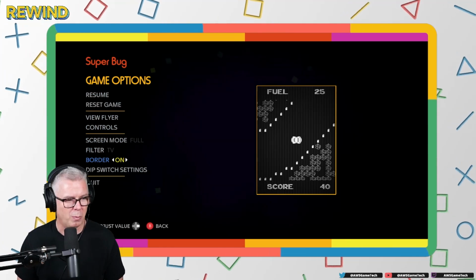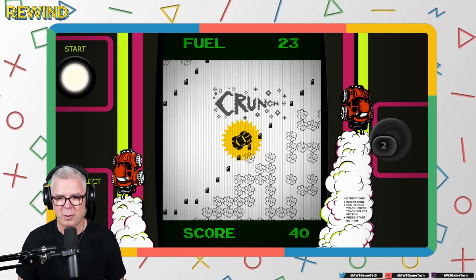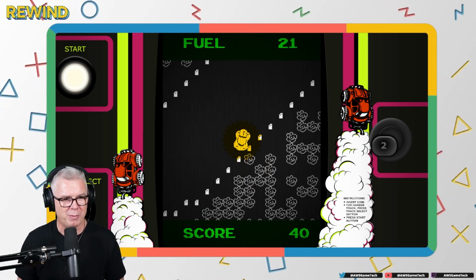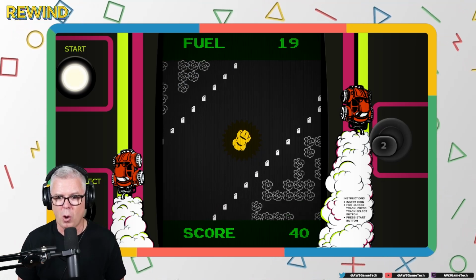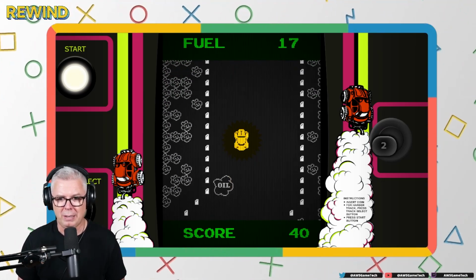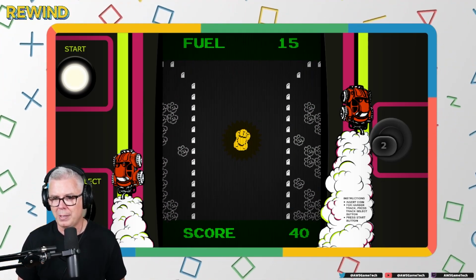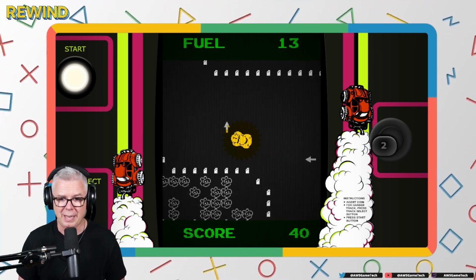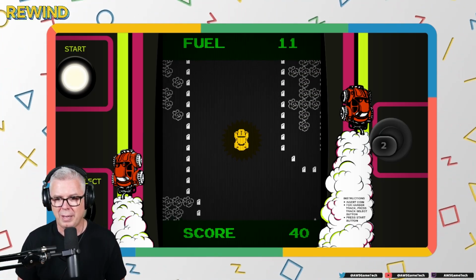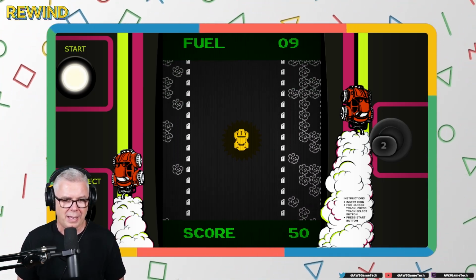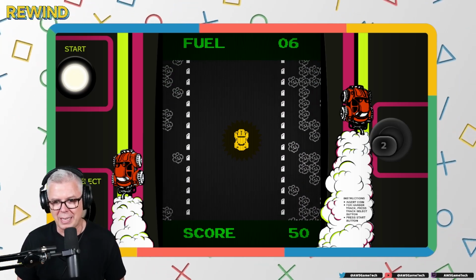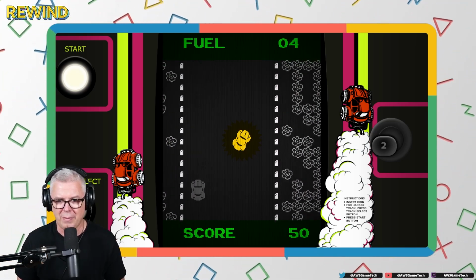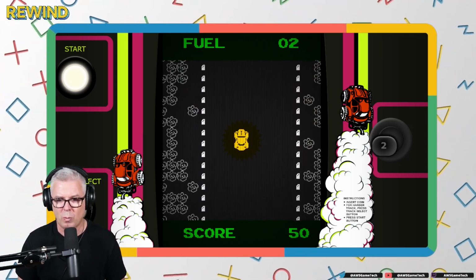Actually, let's put the border on. What does the border look like when it's on? Oh, there we go. Yeah, we should always have the borders on these. Oh, yeah, see how it added color. Actually, you can see how it's simulating color. It's simulating color because the car never actually leaves the center of the screen. So even as I turn, you'll notice the screen is moving around the car.